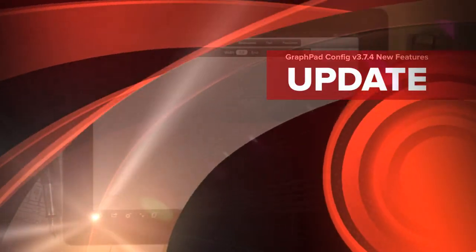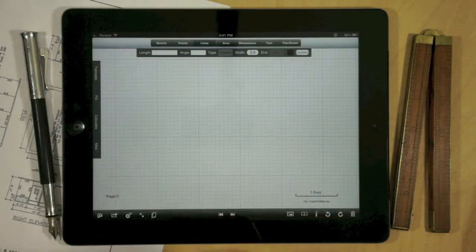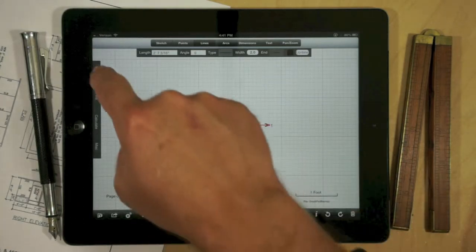This video is to demonstrate the new features of GraphPad C. Most of them have to do with lines. And if we go into lines mode, we see we have another menu on the side. If now we go ahead and draw a line, select it, and hit translate,